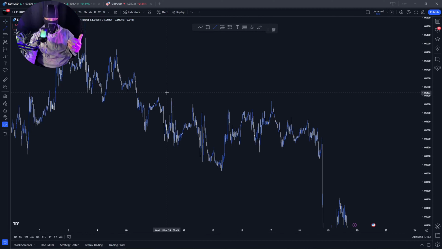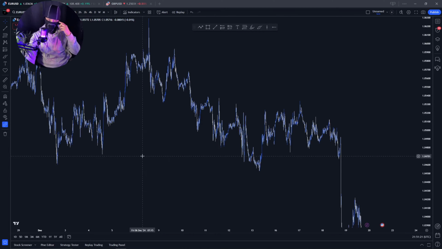Because of the market experience I have with these pairs, I know how they move and I've backtested them for years. Naturally, I'm going to trade these pairs a lot more confidently and better in comparison to other pairs which I've never traded before. So my advice to you would be to trade these pairs. If you want to trade other pairs, go ahead. Because you're beginners, you're going to learn how that specific pair moves in comparison to other pairs.